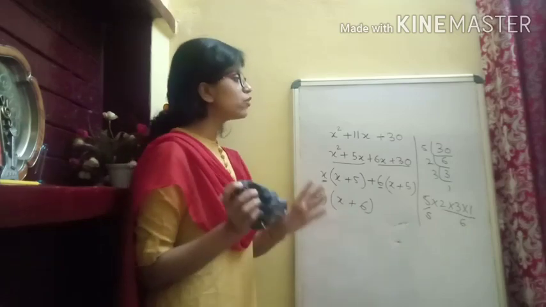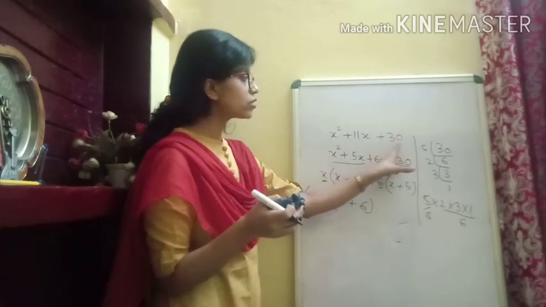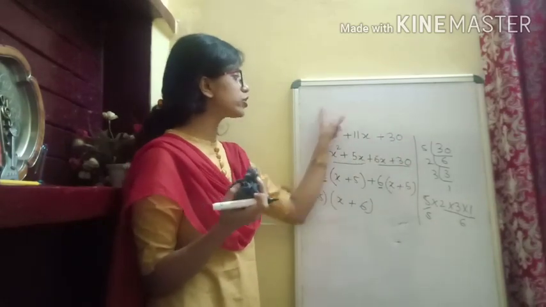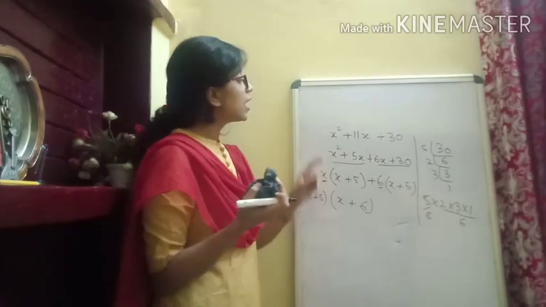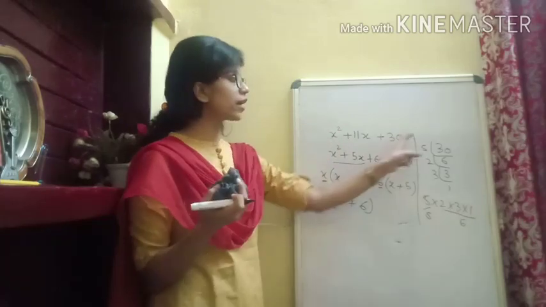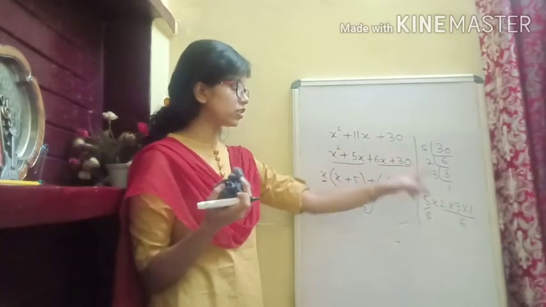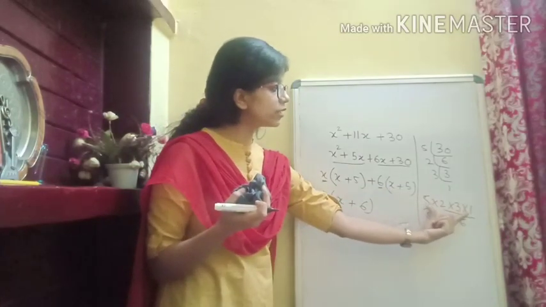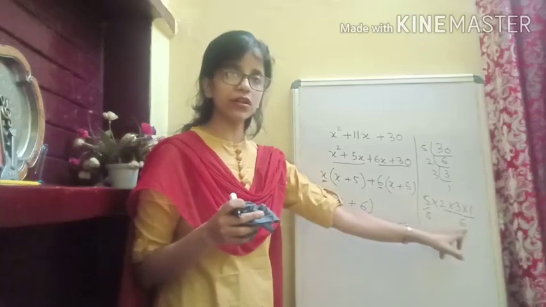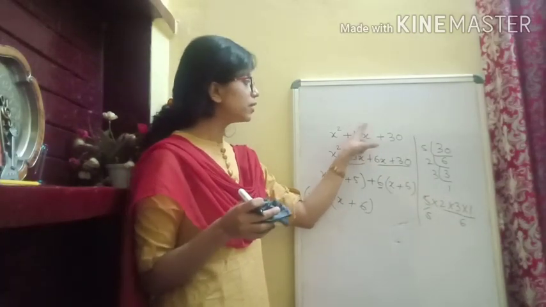Okay. All you have to do is you take the constant term, multiply the constant term with the coefficient of x square, mind it, with the coefficient of x square. Okay. And then when you take this thing, it is 30 into 1. So you will write the prime factorization of that number, whatever comes after multiplication. And when you have written the factorization, you split those numbers into 2 such numbers, so that either after addition or subtraction you get the middle term.